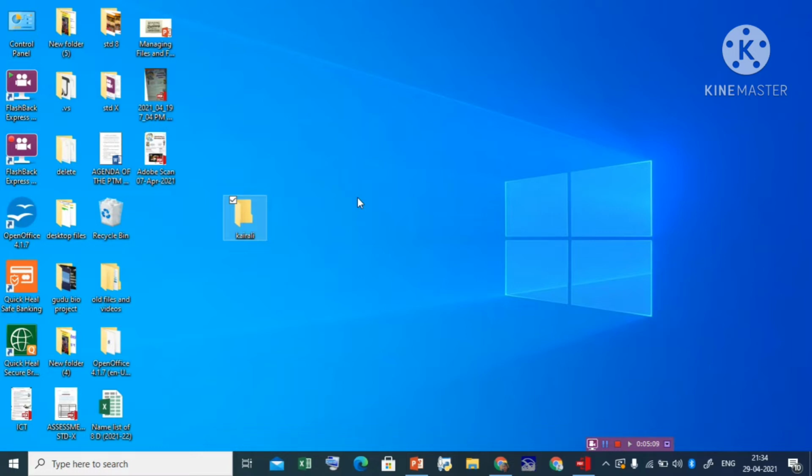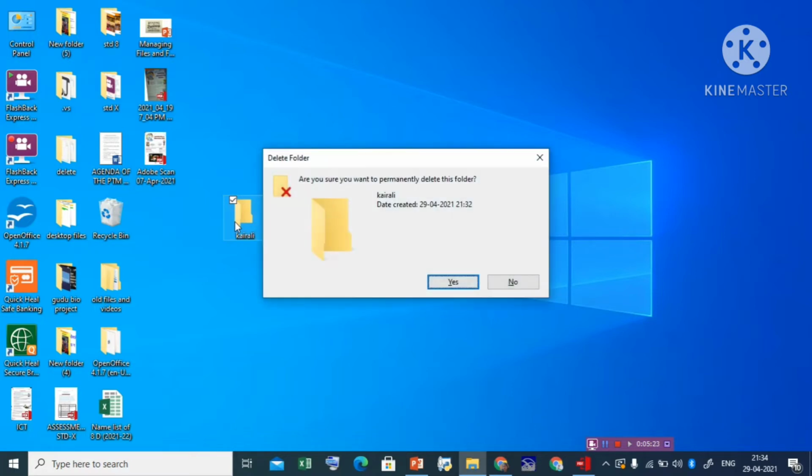But if you want to delete a file permanently, there is a way: select the file first, then press the Shift and Delete keys together. You will see a warning message on your screen: are you sure you want to permanently delete this folder? If you choose yes, it will be permanently deleted from the disk and you cannot get it back.